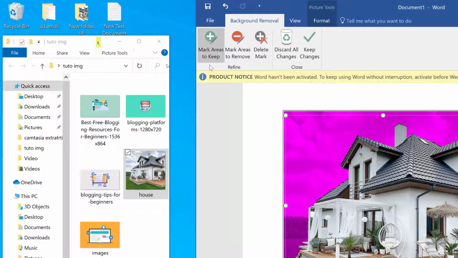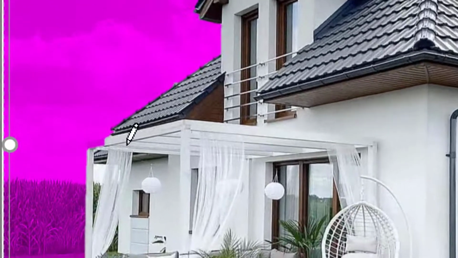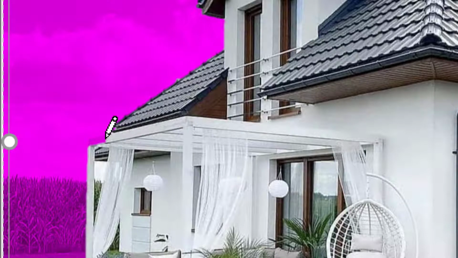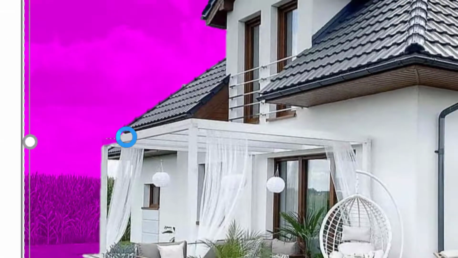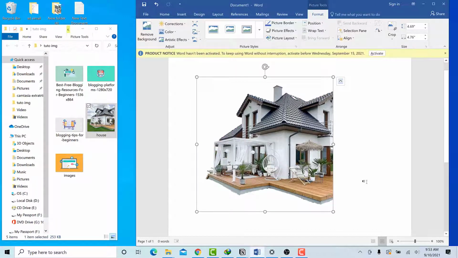You select mark area to keep, and you just go and draw over the place. That's it. Okay, and there's also a little place here. All is good. Then you just click on keep changes, and you have a good image with the same quality.